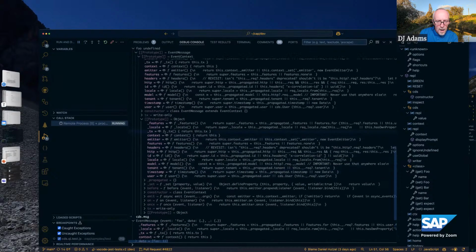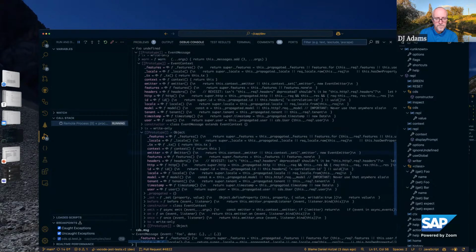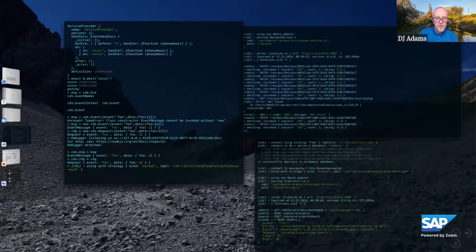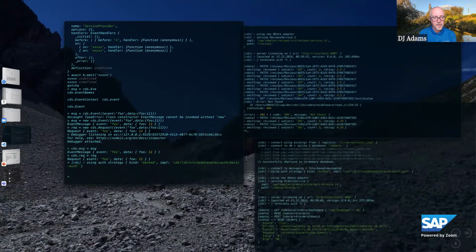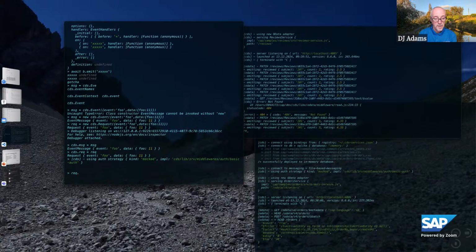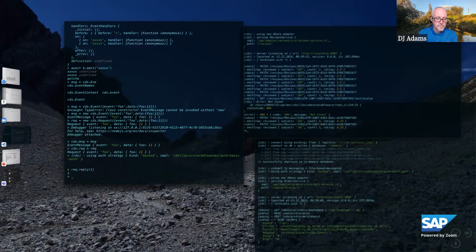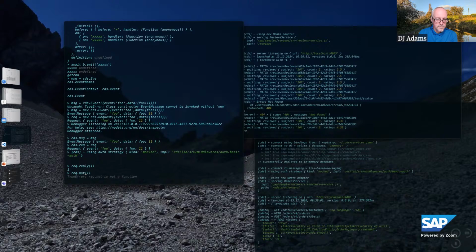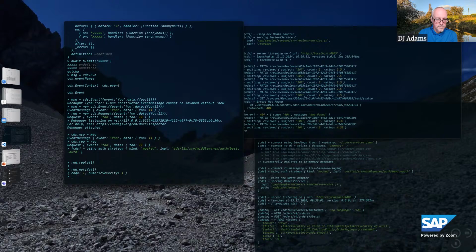It allows you to reply, right? In a request. Exactly. Like request error. Error is always there, but reply is here. And there's also the notify to collect messages to show in the Fiori toasters, for example.